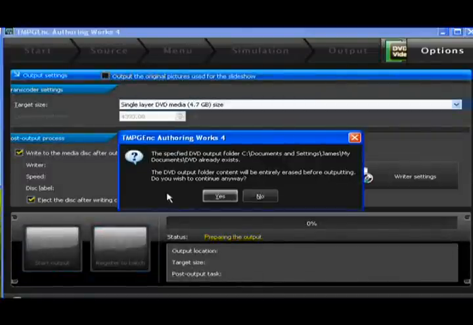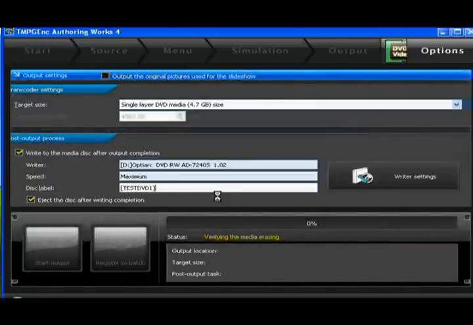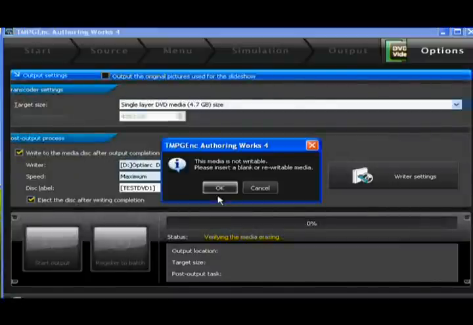Pardon me, we get another box here that says the specified DVD output folder DVD already exists. The DVD output folder content will be completely erased before outputting. Do you wish to continue anyway? I'm going to say yes, because whatever DVD was, I don't care. I'm just getting a box here that says the media is not writable. I don't have a blank DVD in there, so if you have a blank